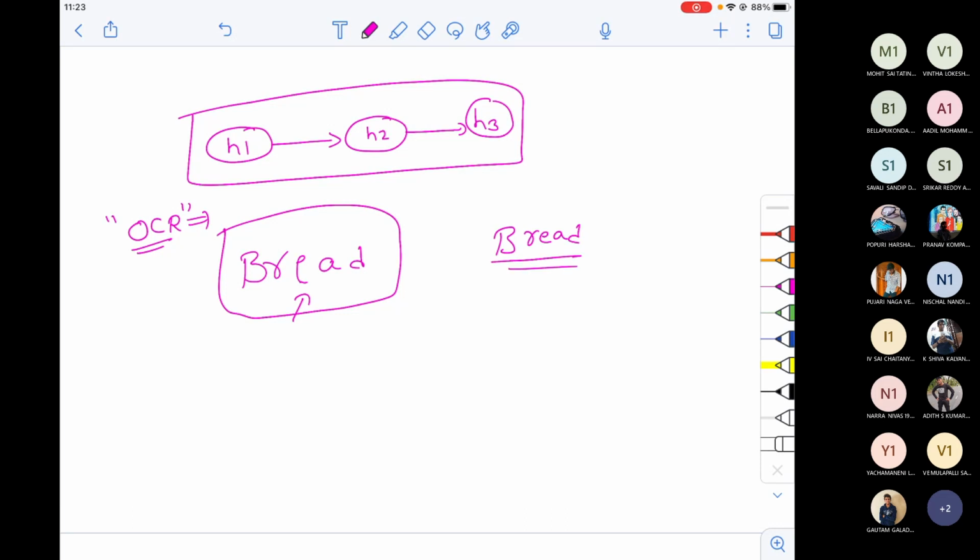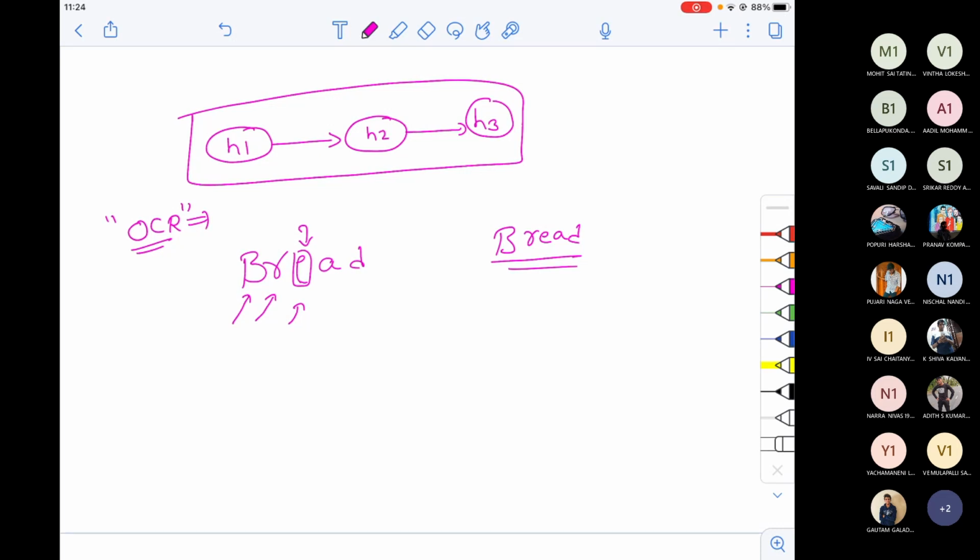Why? Because internally it first takes B and guesses the next letter, assume that it guessed R. Since the next letter was missing, a letter was completely unreadable, my optical character recognition could not understand that. Then why should I stop at predicting the next letter? I can predict, but I'm not sure to what extent I'm correct, because the entire letter was missing. So what should I do?